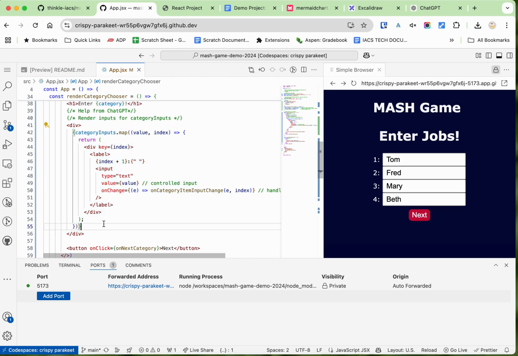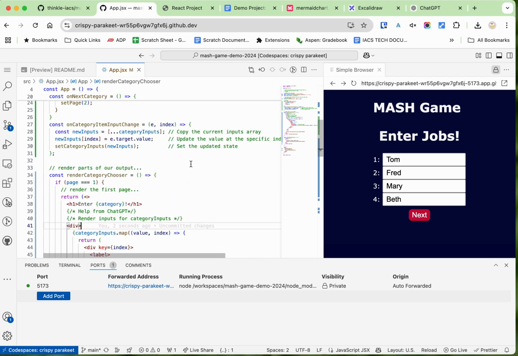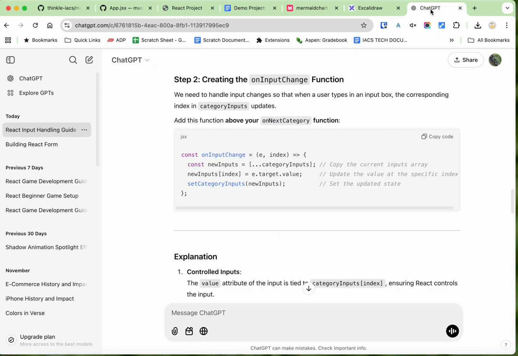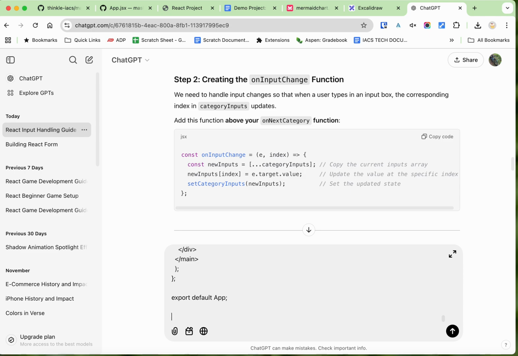Just want to indent this nicely. All right. Pretty good. So we can now copy that into GPT and paste it. And then we can ask it for help. I just want to practice this to see how well it does. So